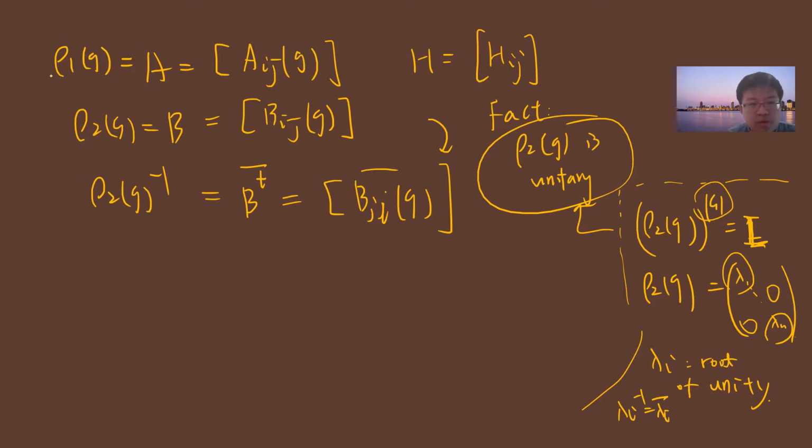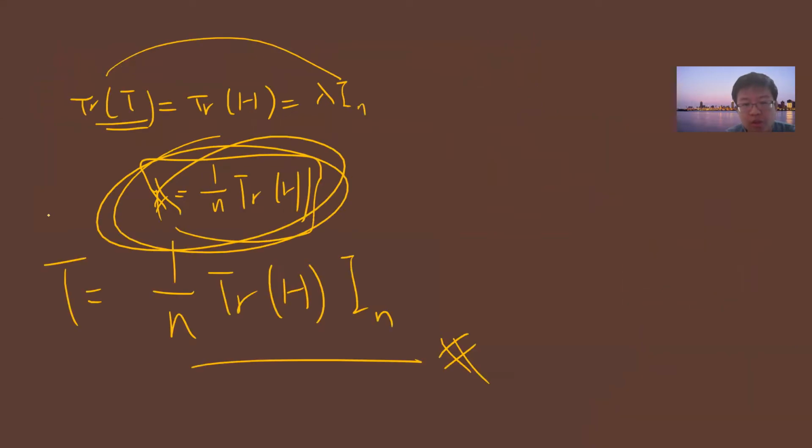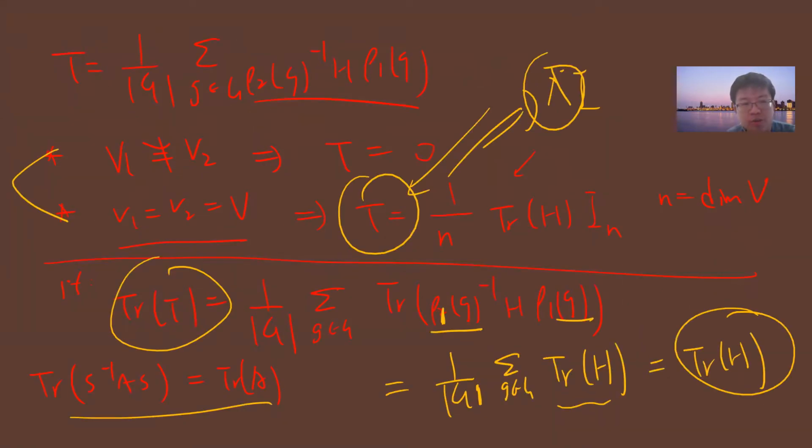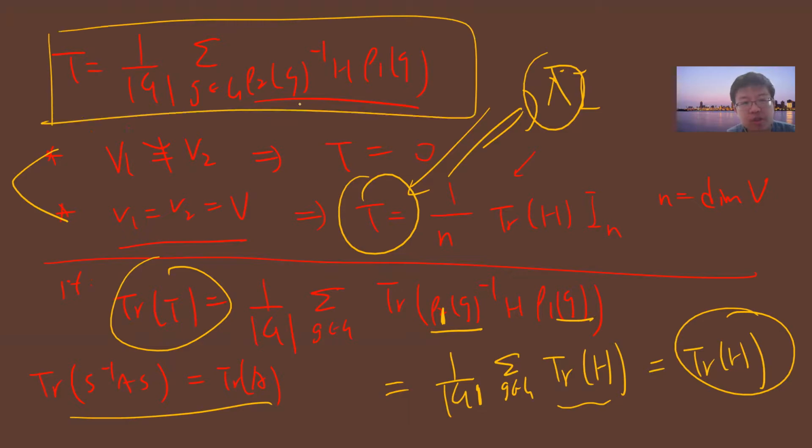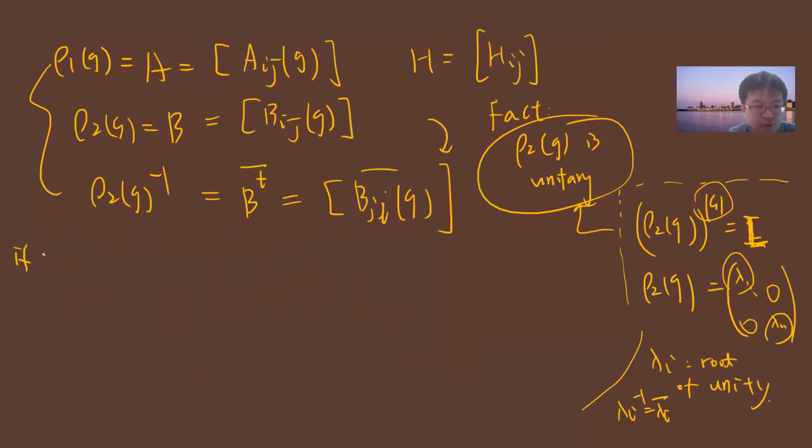Okay, so right from here we have this notation. Now go back to our results, right? So T is here. Since this is for arbitrary H, this T will be 0, right? So I can choose H to be identity. Which just tells you that if V1 is not the same as V2, then you immediately have this 1 over G, sum over G belongs to G,